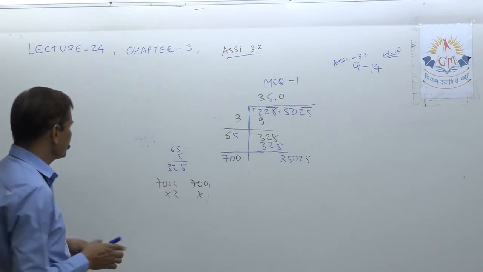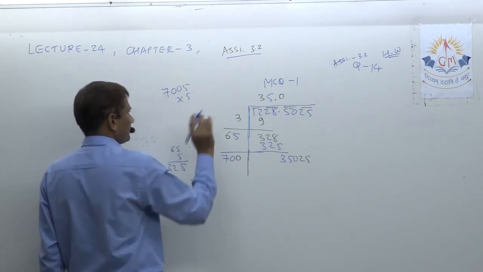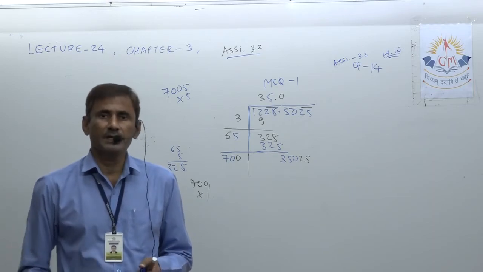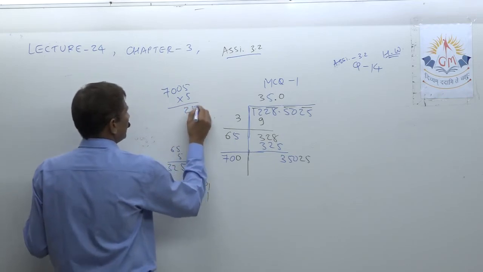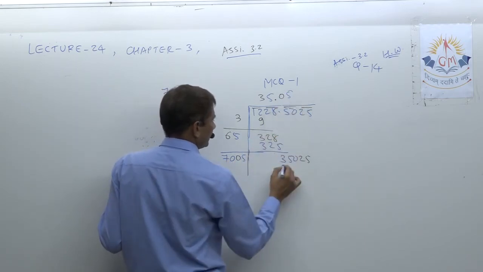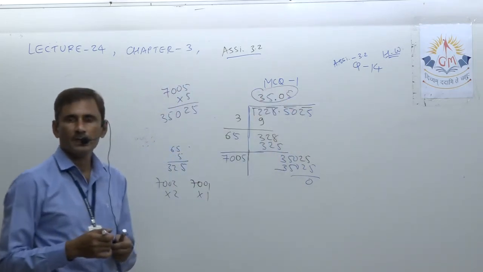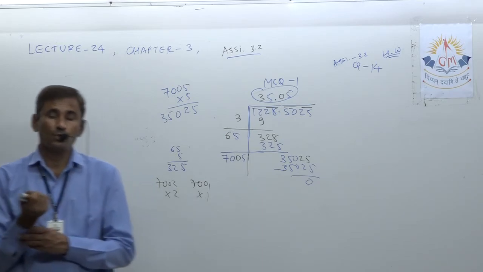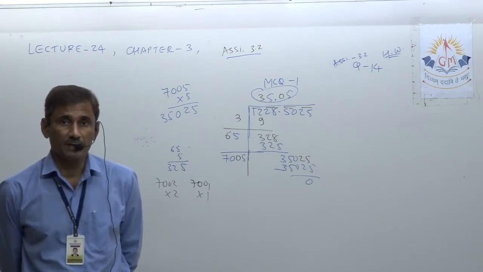But I think the last digit is 5, so let's look directly at 7005 into 5, because it is a perfect square number. Mostly perfect square numbers are given. In the next exercise it will be not perfect square numbers also. So now 5 5s are 25, 5 into 0 35, so we got it. So it is 5 5. Okay, we got remainder 0 here. So this is our square root. And as I told you, you should write even MCQs with solution. So all calculative sums must be with solution only. Don't write them directly.